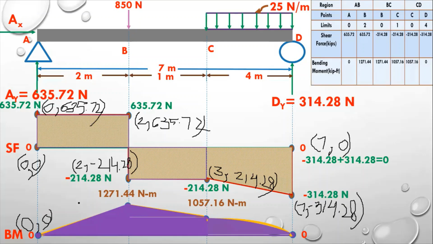The second value will be, not 0 comma, it will be 2 comma 127.144, and then 3 comma 1057.16, and this value will be 7 comma 0 for bending moment.